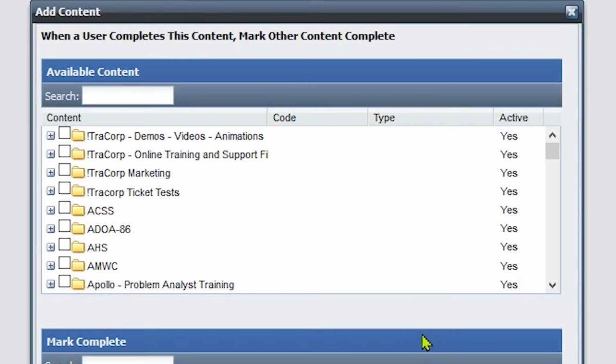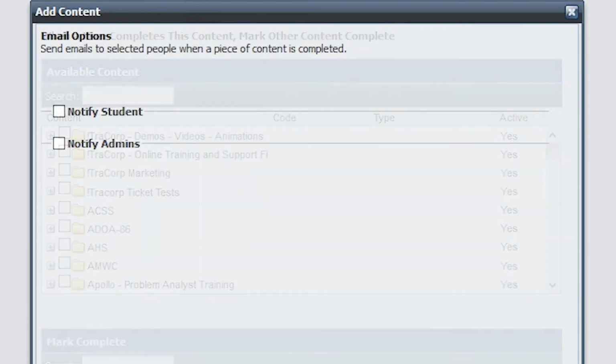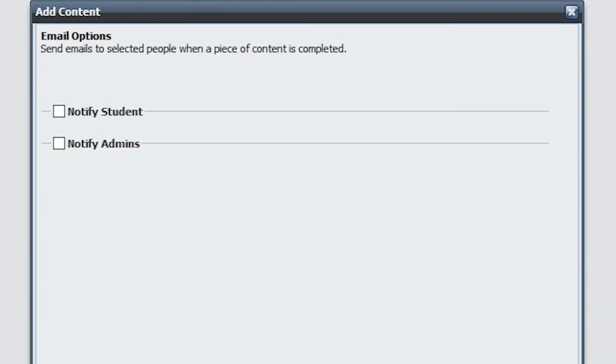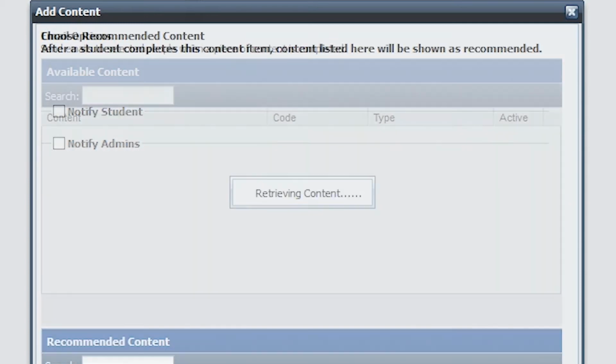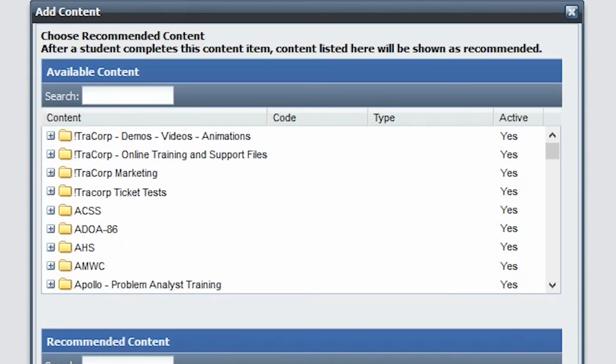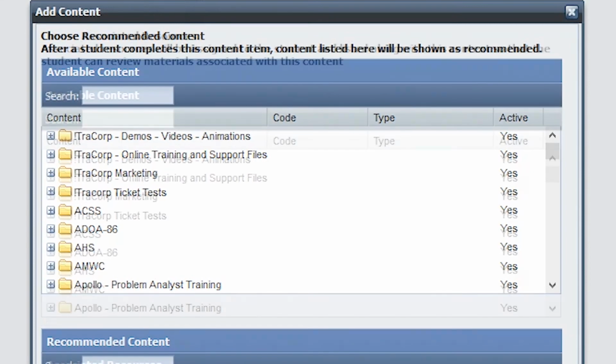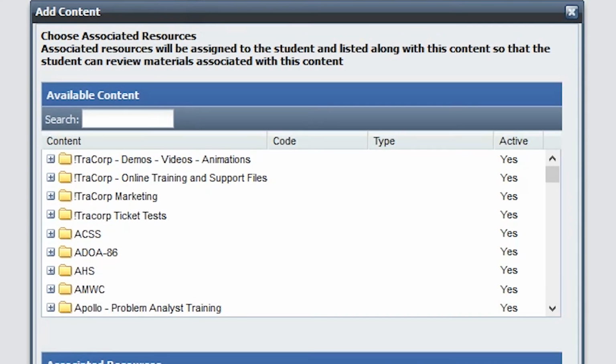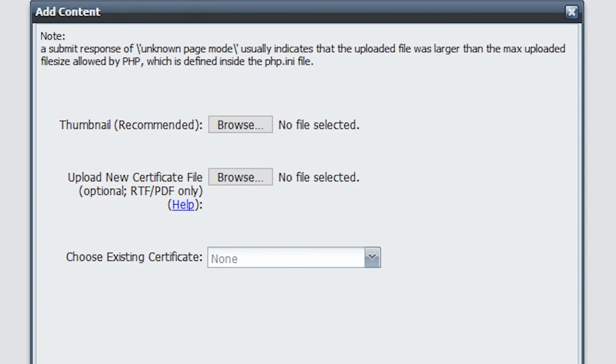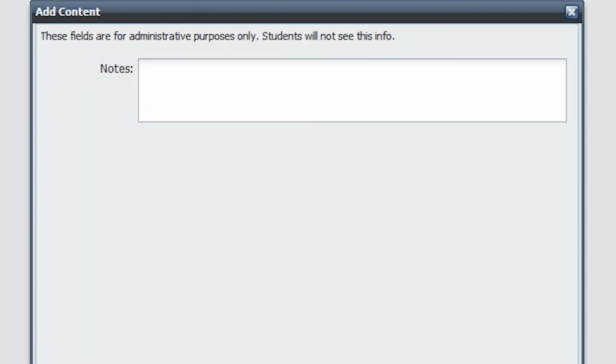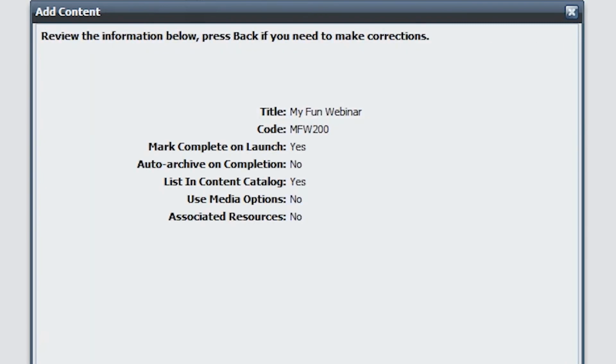Now, this is the section where we can mark other content complete when you complete other content. We're not going to do that today. We're not going to notify students or admins when the webinar is complete, and we're not going to have any other recommended content when they complete this webinar. This webinar won't have any associated resources to it, and we're not going to give a certificate to this webinar. There won't be any metadata notes, and in the last window, we see a list of the options we have